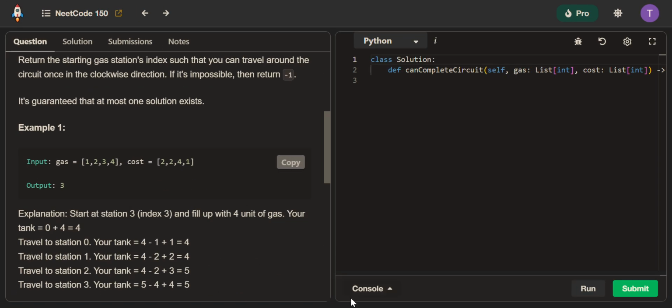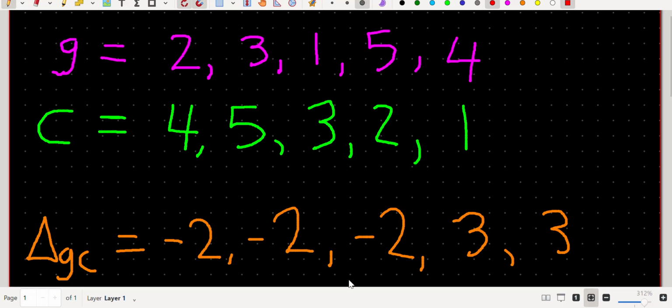So let's see how we can solve this using a greedy approach. Let's say that the purple numbers here are gas and the green ones are the costs. I've drawn the delta, which is the difference between the gas and the costs, and it basically tells us whether we are in the negative or in the positive